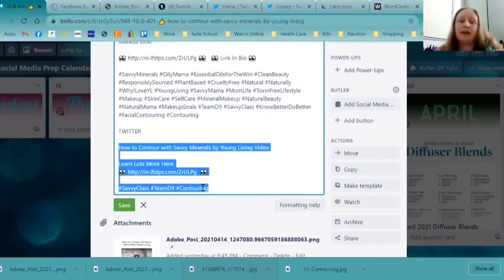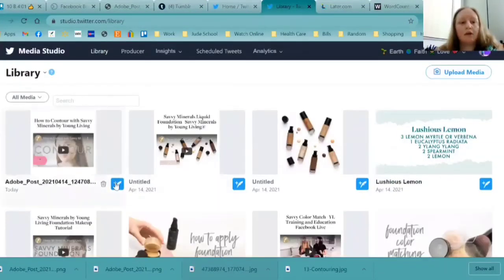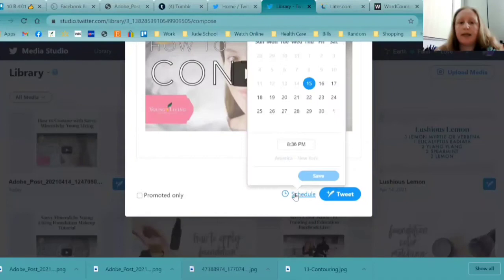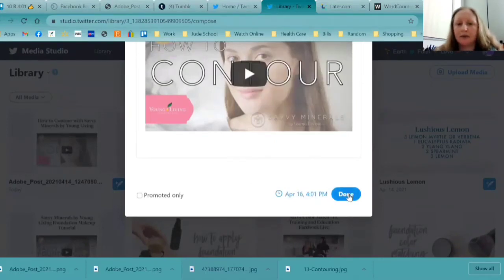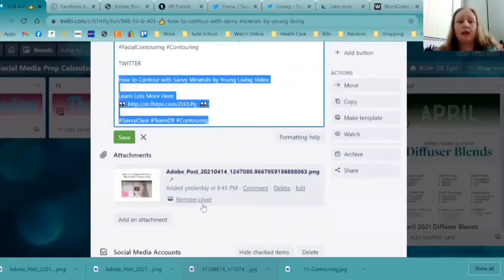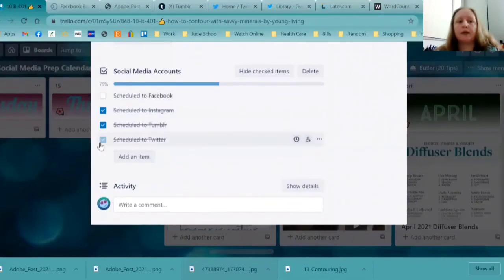This post is about contouring. I just put the hashtag contouring, and I only have the title and the link here. So I go here to edit this and paste that in there. And schedule. Now this is a little easier to schedule too, because I see tomorrow's the 16th and I can just change this. This one is going at 4:01. Save. I think I actually scheduled the last one for 4. Save that. Okay, and then it lets you know it's scheduled. And that's Twitter. And I'll do the Facebook later.